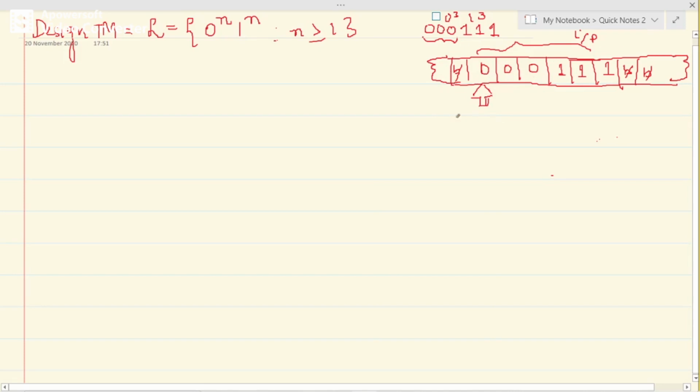Now what happens? The idea here is, when I read the first 0, I will replace it by x, and then shift to the next character. The aim is to get the corresponding 1 for this 0, which is here. So I convert this 0 to x to inform that this particular 0 has been processed. Then I will go in search of this 1 and skip these characters.